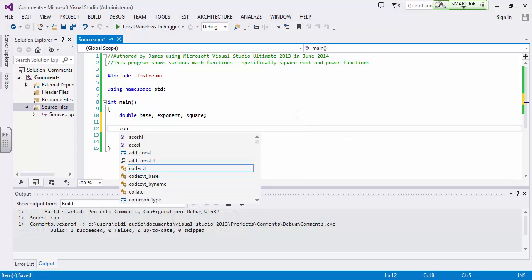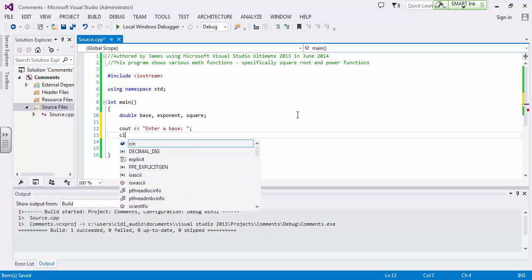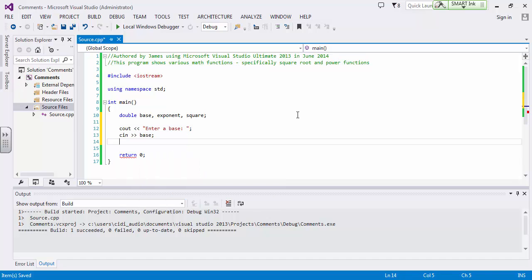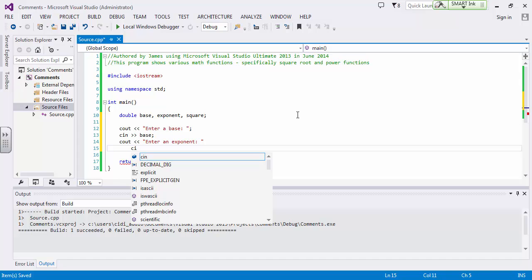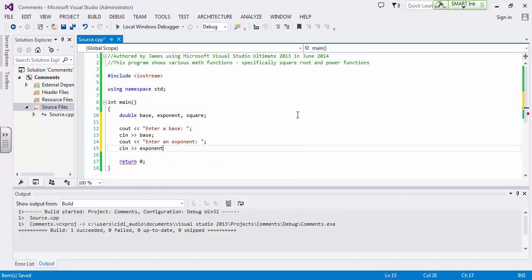So the first thing that we're going to do is ask the user, enter a base. There we go. We'll read in the base, and then we'll say enter an exponent. I'm struggling with my semicolons there. There we go. Cin exponent. And now we'll output base to the